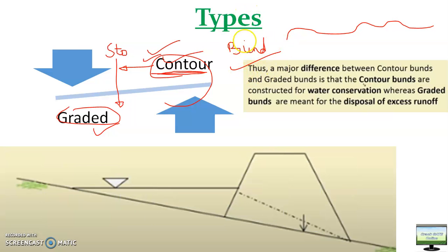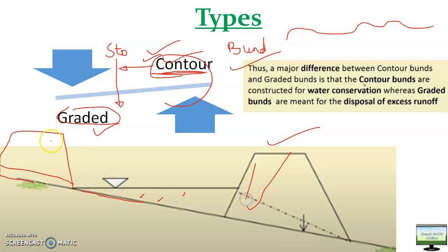As I told you in the previous video also, this is your bund, and here you can assume you will have another bund, and this will be the slope, so it will be like this. So this is the storage of water in between these two bunds. This is bund number 1 and this is bund number 2. There will be certain differences: a contour bund is used with not more than 700 mm rainfall. So a contour bund is always used in an area where annual rainfall is less than 700 mm,